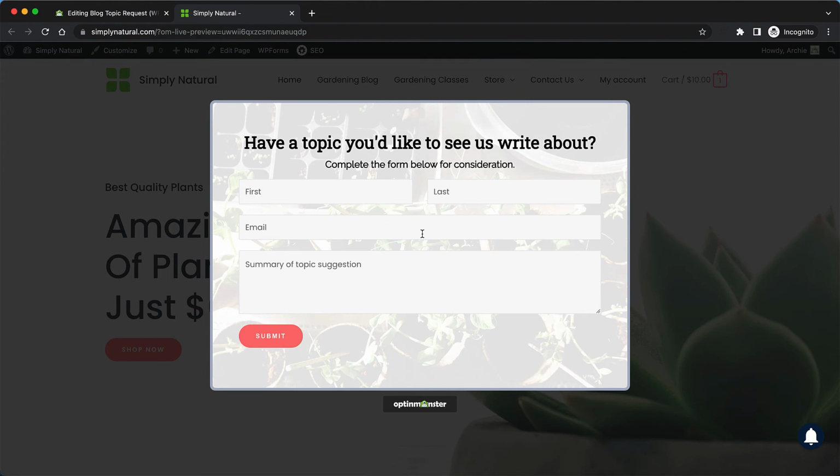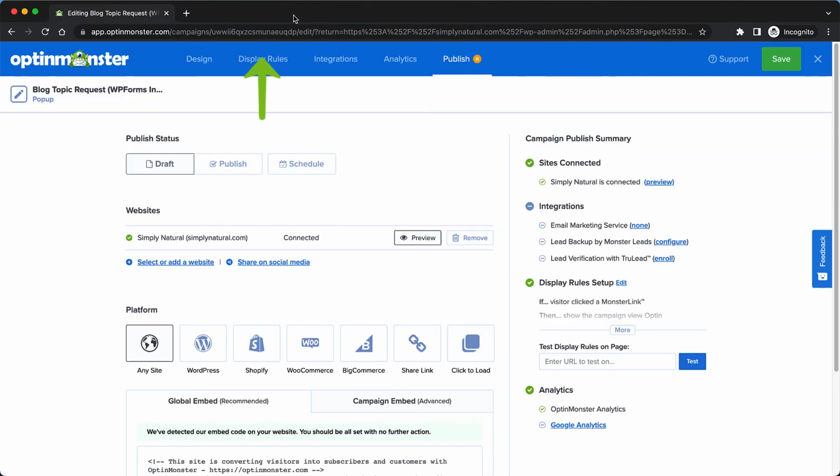Alright, everything looks good. So now, all I have to do is set my display rules, and then save and